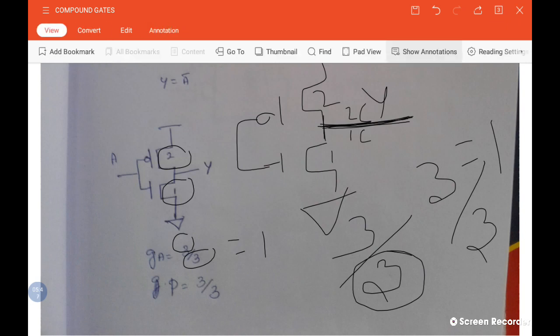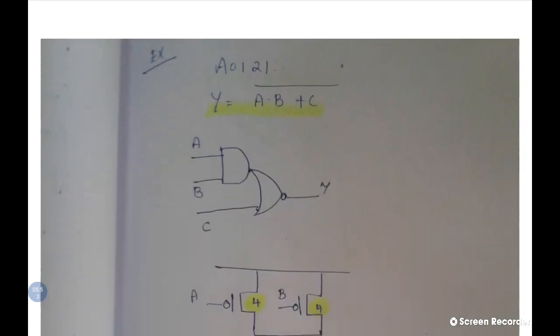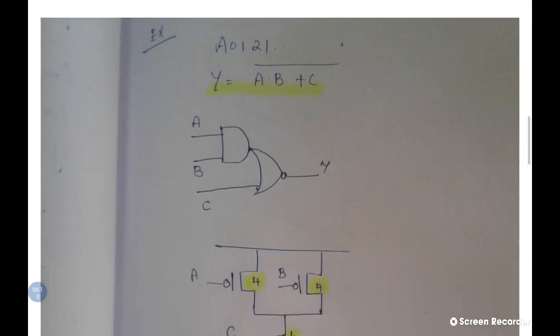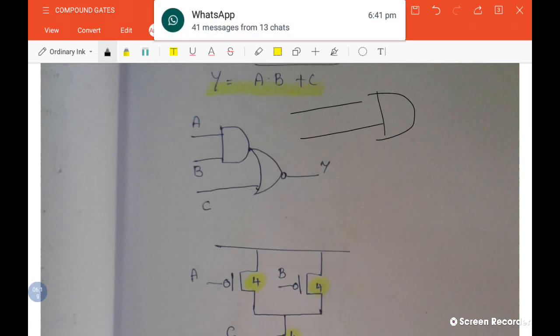Now we will see the next gate. This is an AOI 21 logic. I already said AOI means AND operation, then OR operation, then finally an inversion. So A dot B plus C, the whole bar, is an example of AOI 21 logic. AOI 21 means you have two inputs and one separate input. For an AND gate we draw two inputs A and B, and we have to OR it with C. The C is a separate input, and with that we are ORing.